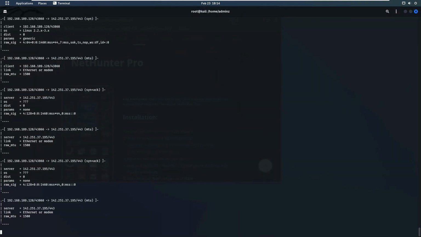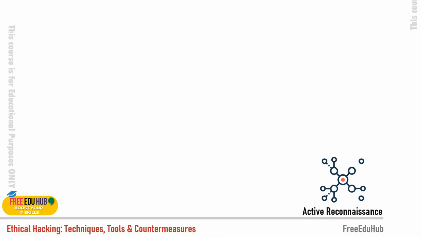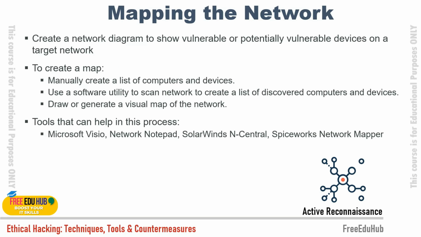Next, we have different mapping tools, which help us note down the overall network topology. It creates a network diagram to show the vulnerable or potentially vulnerable devices on the target network. Now there are different tools available for that. We can manually create the list of the computers and devices that we have on the network, or we can use a software or a utility to create a list of discovered devices, which can generate a visual map